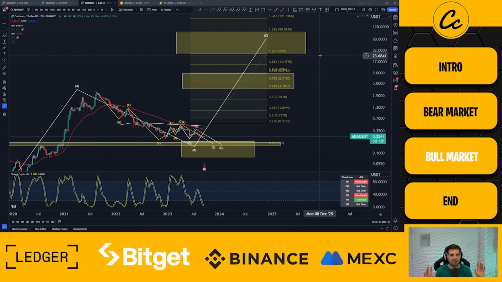I'm not going to sit here and say I think ADA is going to go to $90 in the next bull run. I don't think it's going to go that high. I do think that $26 is going to be a push as it is, but we cannot dispute the mathematical equations of what's being presented in front of us. C waves typically go between 1 and 123.6% of the A wave. So under the premise of a C wave pattern that we find ourselves in, $26 to $90 is where it would go.